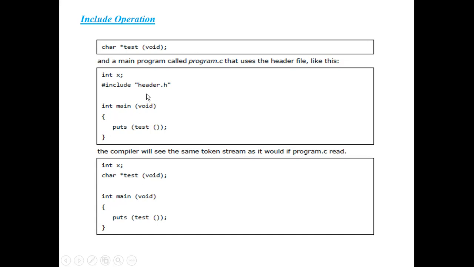This is the program I have written. I have included the header.h file. But while compiling the program, the compiler will see this. That means the compiler interprets this line, #include header.h, like this: char *text(void). Why? Because this header.h file contains this line of code. Because I already saved char *text(void)